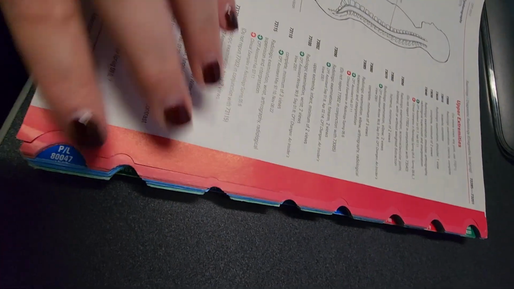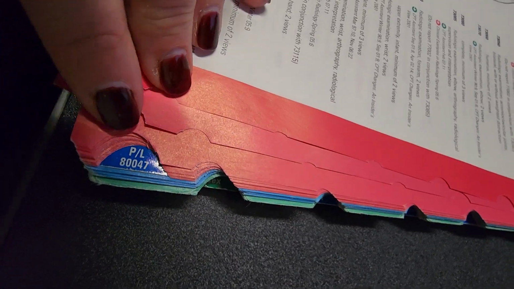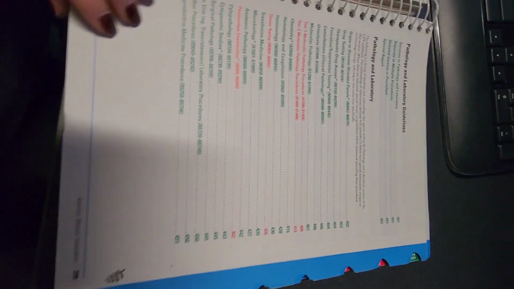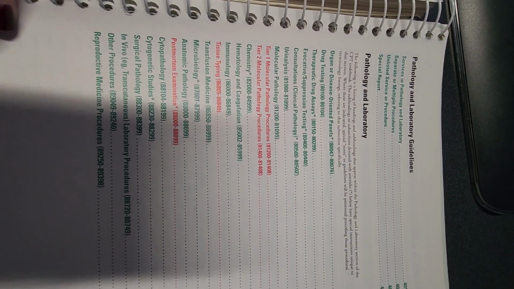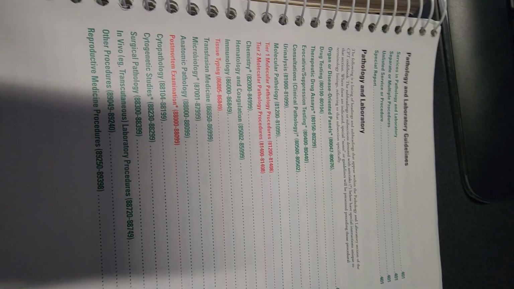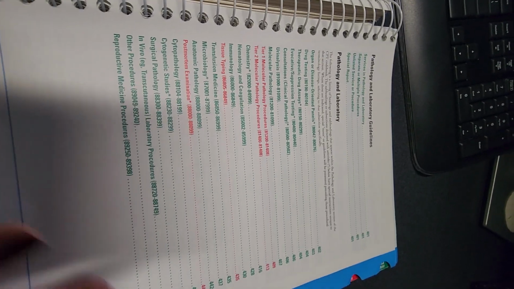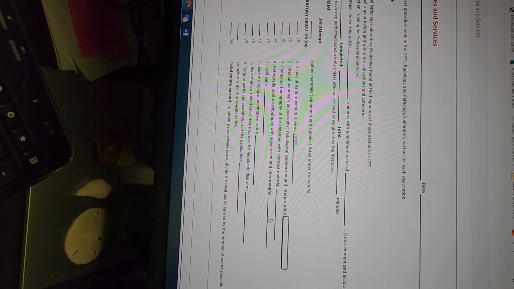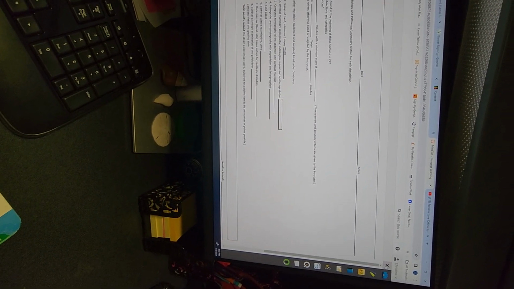When it starts talking about pathology and laboratory, you're going to go from the radiology section, which I believe, yep, pathology and radiology, or excuse me, pathology and laboratory is the next section down. And you will again look for your codes with the examples and the descriptions that they give you in this book. As long as they are matching word for word, you should have your code. If they don't match word for word, it's not the correct code. Moving on to the next job skill,